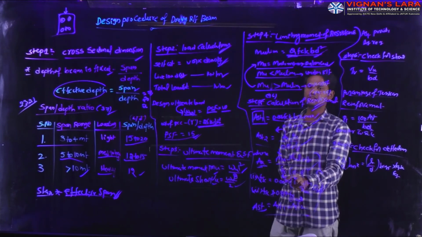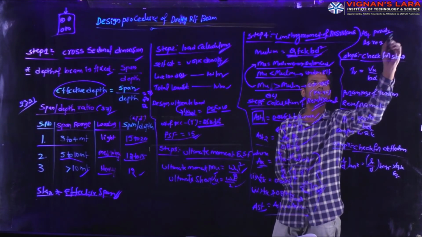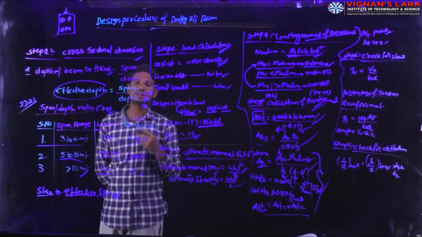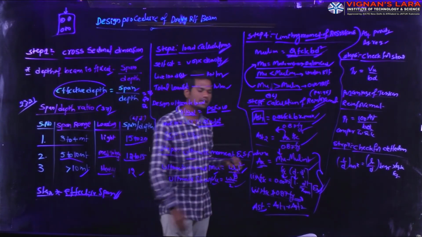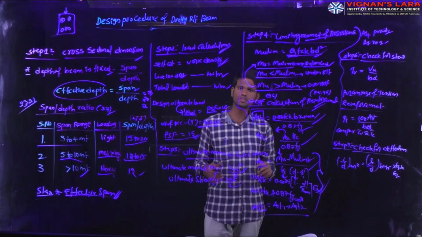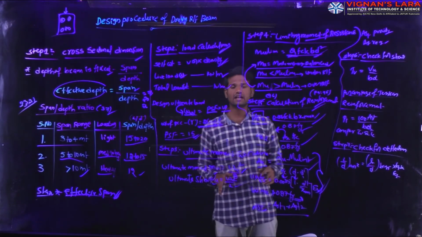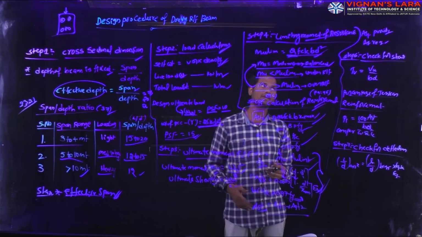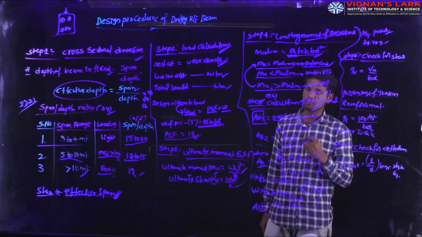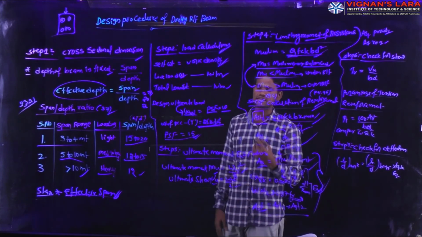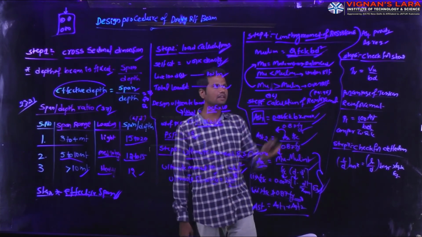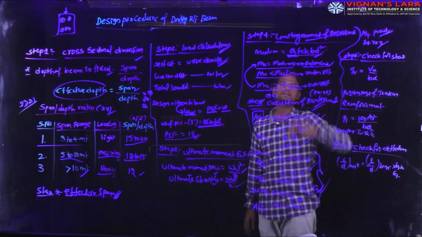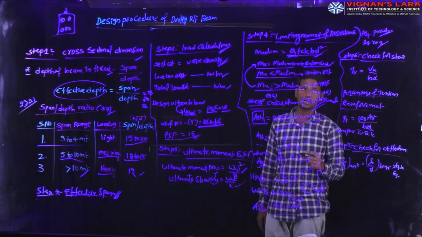After calculation of all this steel reinforcement, next we have two more clauses: minimum reinforcement and maximum reinforcement, as well as area of the steel provided. This is the area of the steel required for the moment of resistance. After calculating the required area of steel, we have to provide the reinforcement based on our requirement. That requirement is how much minimum amount we have to keep and how much maximum amount of steel we can keep. Based on that, we can calculate the area of the steel provided. This is the design step for the calculation of the area of the steel reinforcement.